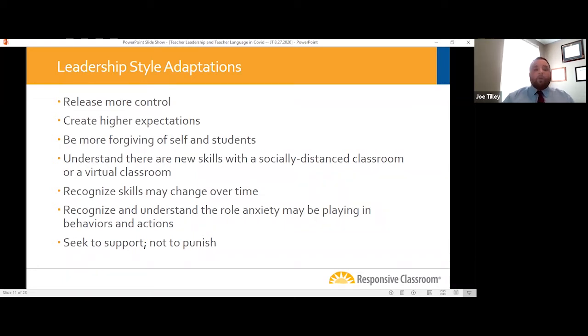So if you model for them how they are supposed to be conducting themselves during a virtual classroom, such as Zoom, then you're going to have to release the control to them to do that, because you may have 25 students. And so are you going to monitor every student's microphone, every student's chat function, while you are presenting? And so you just have to think about how you're going to release that control in an appropriate way,